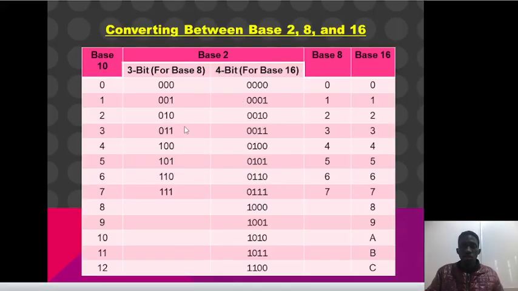We need the equivalent of 4 in base 8. These are all the base 8 digits from 0 to 7 and their equivalent base 2 numbers here. So we're looking at 4 in base 8 and we see that it's 1, 0, 0. Again, the table is very easy to form. If you look at it from 0, 0, 0, you have 0, 0, 1, 0, 1, 0, 0, 1, 1, 1, 0, 0, 1, 0, 1. What's changing is that